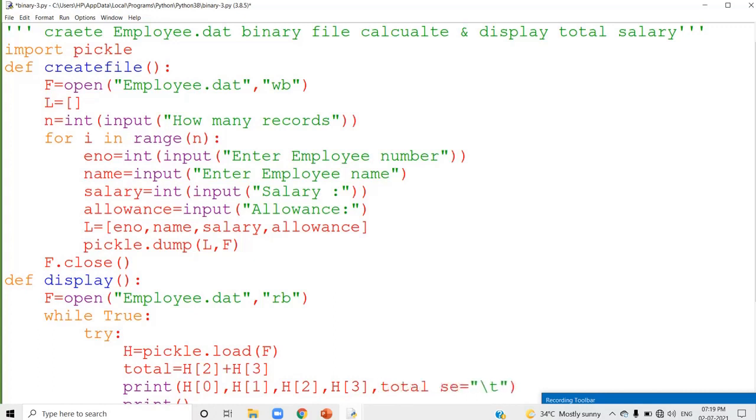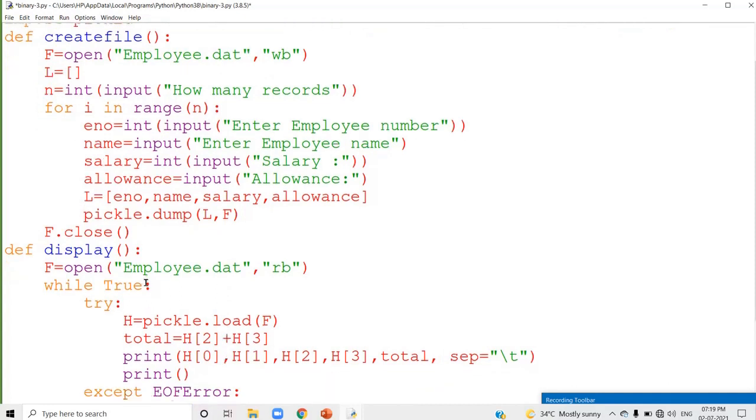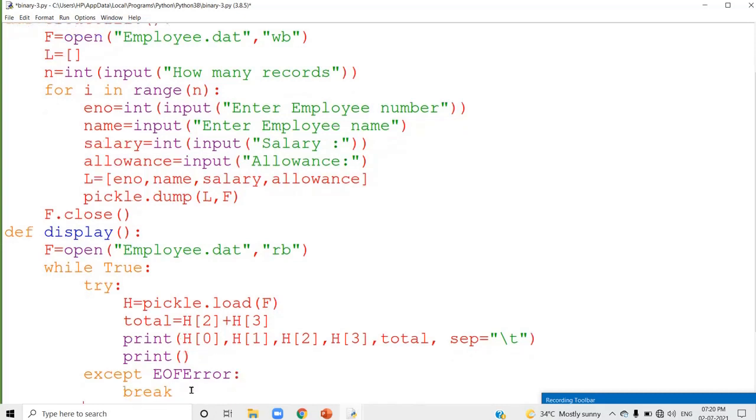Instead of end you can use sep. Sep is equal to, yes, this is the way you can use it, this comma. So h is one record, 0th location is employee number, employee name, salary, allowance, and the total salary that you calculated here. This is inside the loop. Automatically loop will be updated and you will read the second record and the same procedure will be repeated. When you reach the end of the file, the EOF error will be raised, and within this except block you just write the break statement, automatically just jump out of the loop. That is all about the program. Just run and see the answer.